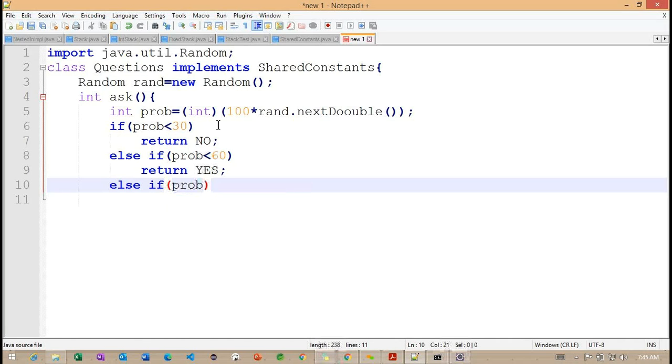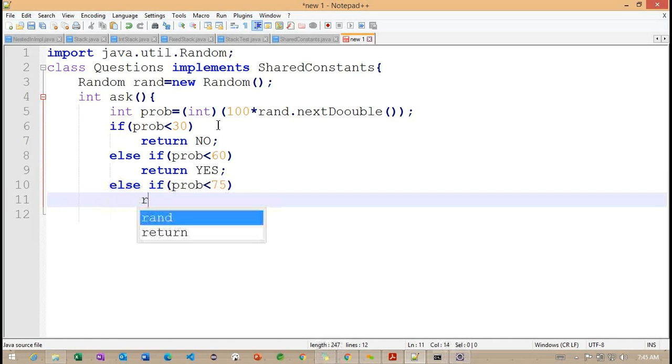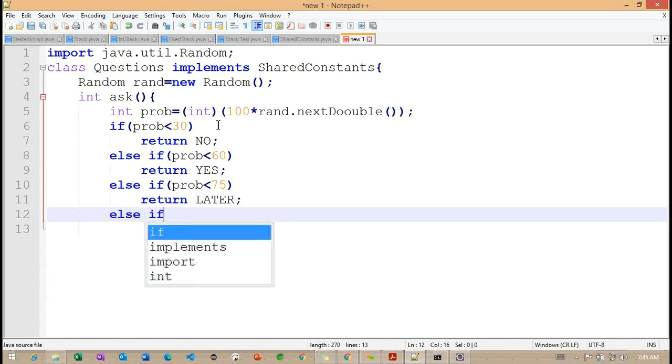And here we can work with 75, and later we can work with the final record here.